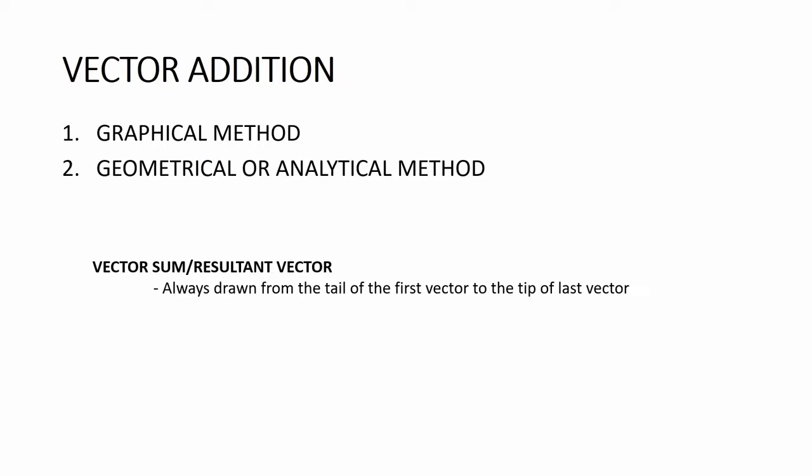Before we proceed to the core of this topic, let me introduce another term for vector addition. You will be encountering this one: vector sum, or in college physics, they call this a resultant vector. When you are in college, you will have your college physics, and the first topic there, I think, is on vectors. So this resultant vector refers to the total or summation of all vectors. For example, we have three vectors, vector A, vector B, vector C, and you are asked to find the total of those vectors. We call that total the resultant vector.